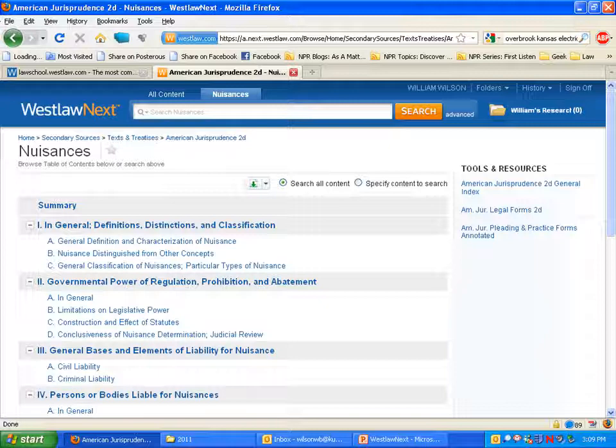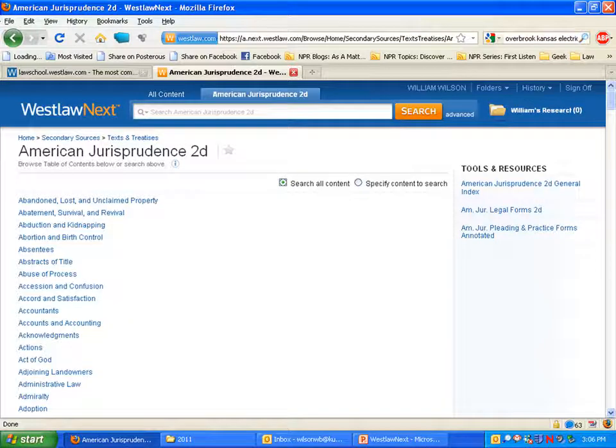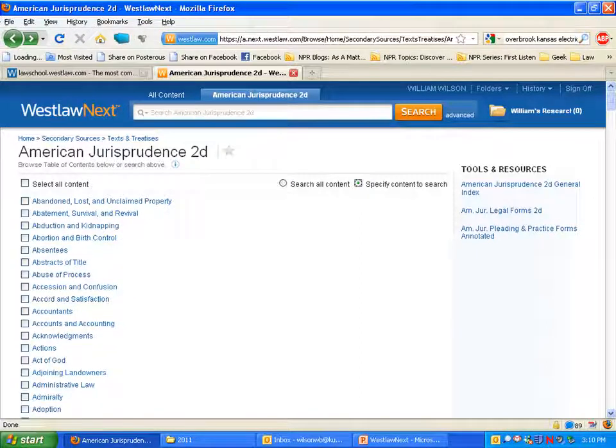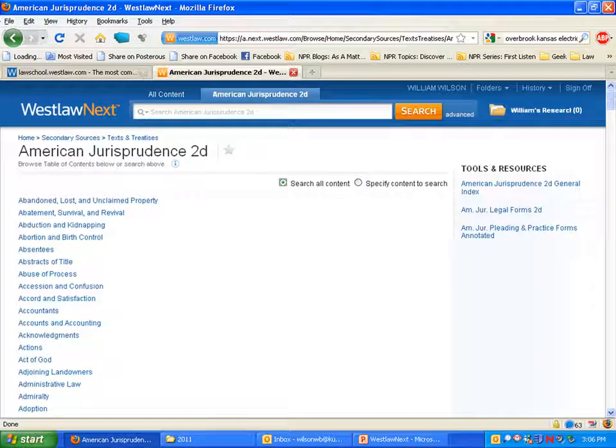At this point, you can actually use the bar up top to search through nuisances, and that may make life a little bit easier. Now, if you were to go back to American Jurisprudence and select specify content to search, it will pull up boxes that you can check and then search within those results. However, let's go back to search all content